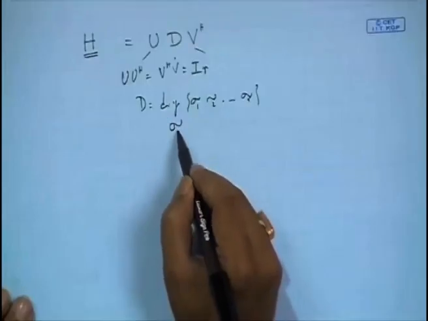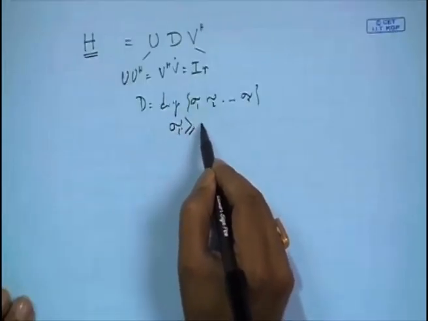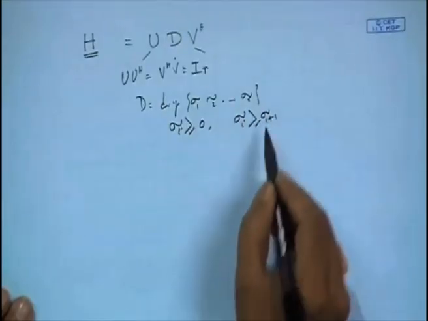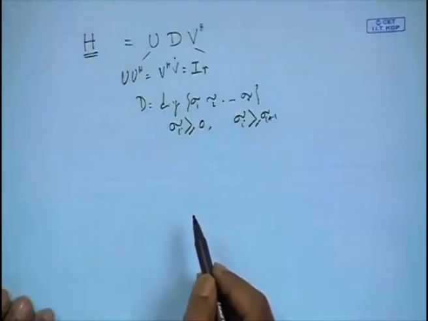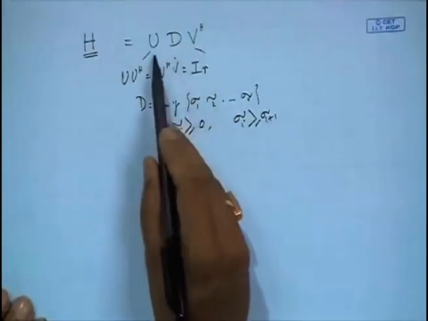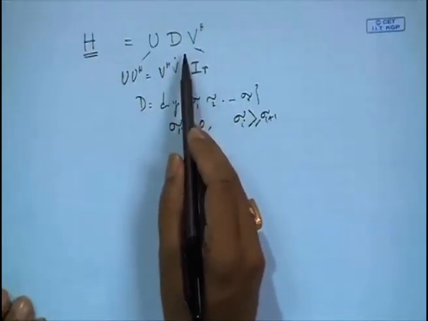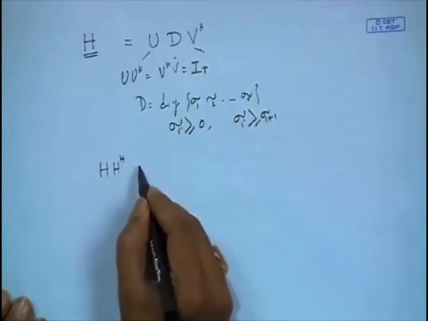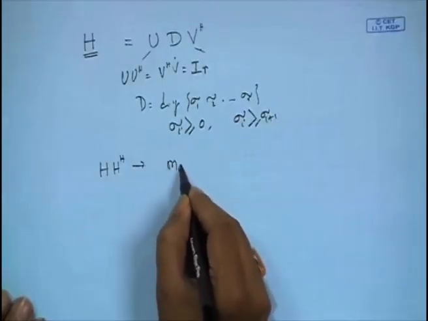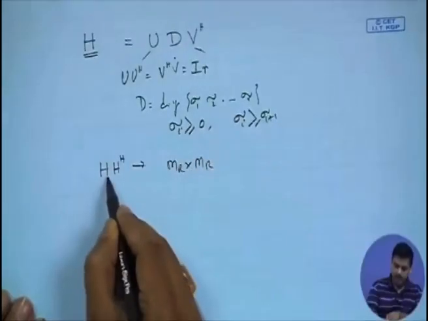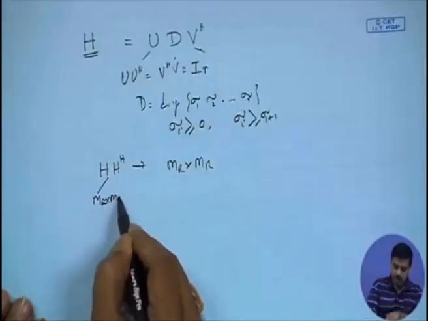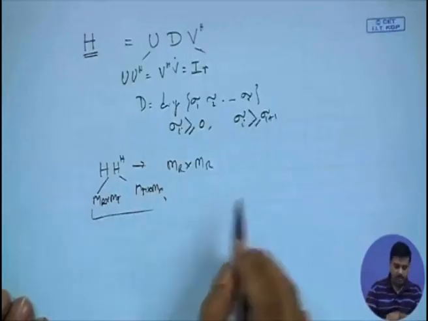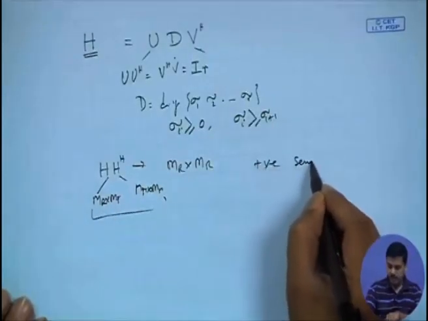And we have said that we will make the criteria that sigma i is greater than or equal to 0, and sigma i is greater than or equal to sigma i plus 1. That means it is an ordered matrix. Okay, and these are the singular matrices containing the singular vectors. And H Hermitian H, this is M_R cross M_R, clearly because this is M_R cross M_T and this is M_T cross M_R. So basically this whole product is M_R cross M_R,